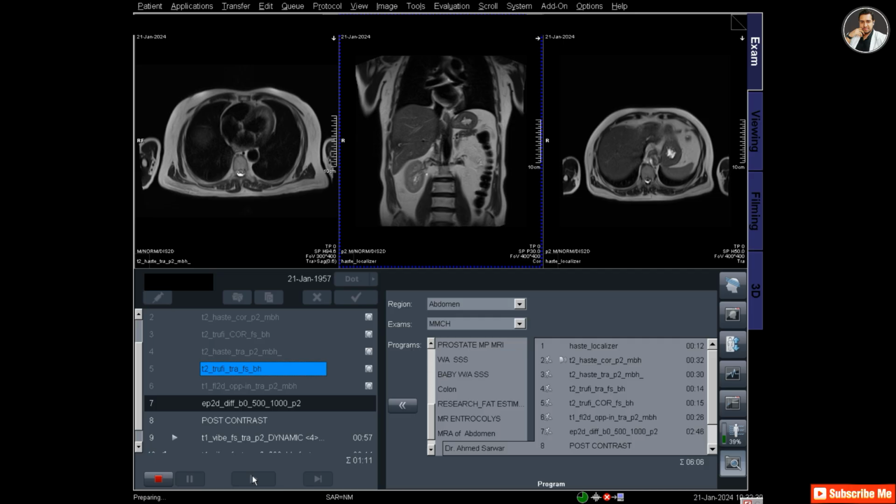So now the diffusion weighted sequence will start, and this sequence is a respiratory gated trigger sequence, so no need to breath hold. It will scan automatically according to the respiratory graph.